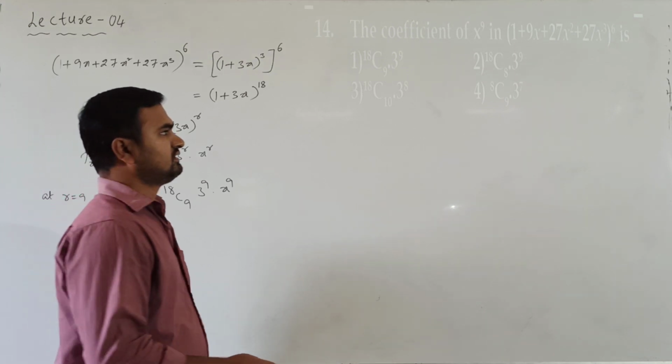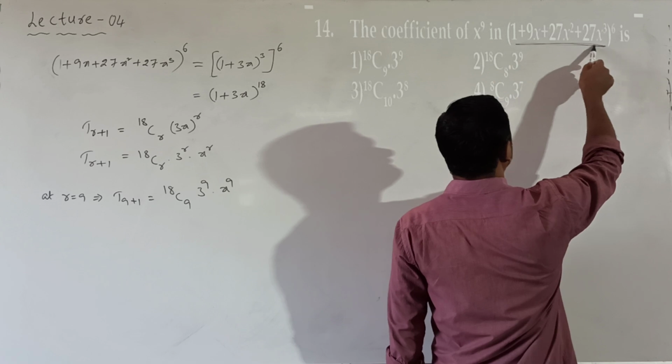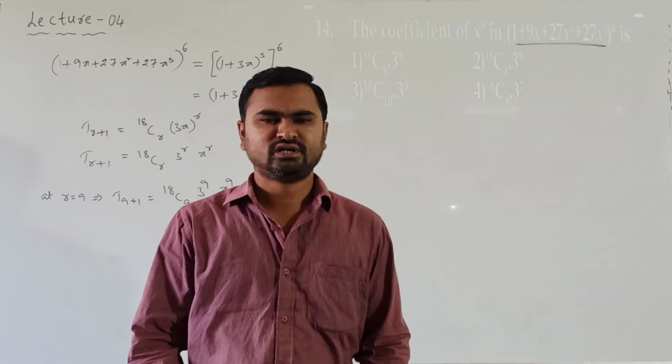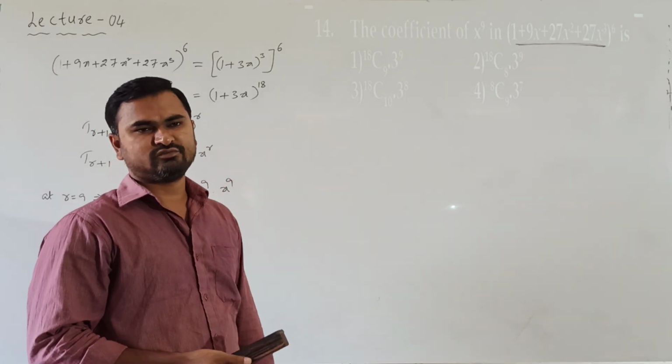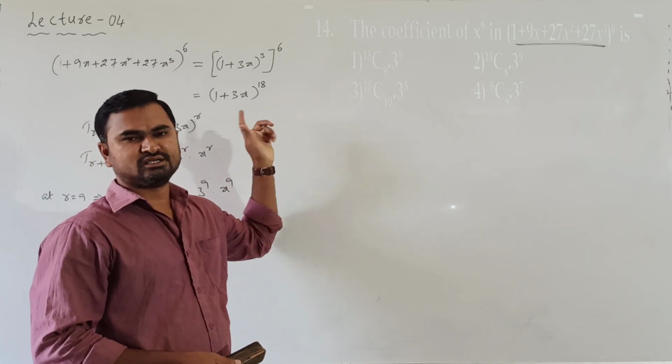So whenever we are given an expansion for 3 or more terms, first by taking something common or simplifying the terms, we convert it to a binomial. Okay? Maybe not all questions can be simplified to a binomial, but try to simplify it as a binomial, then we can expand it easily.